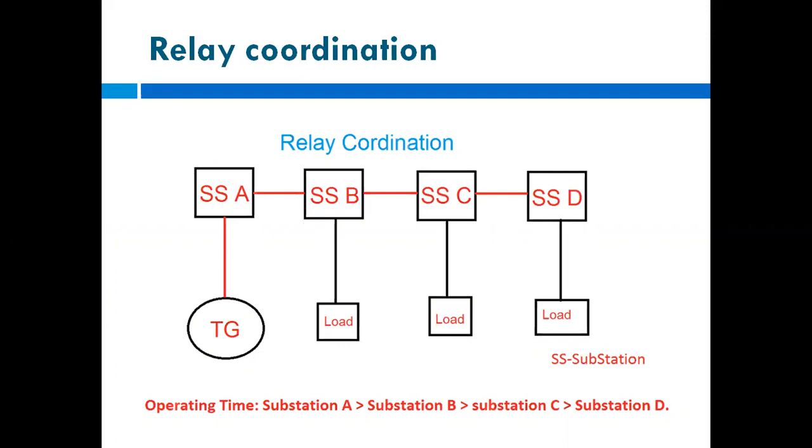Suppose these are the four substations, A, B, C, D, and the fault is occurring in between C and D, so a relay should operate first, which is